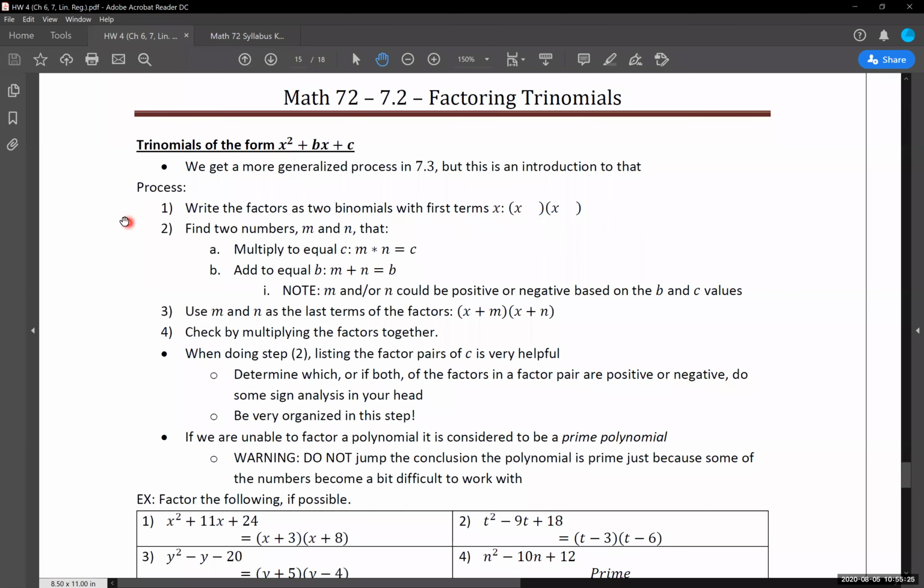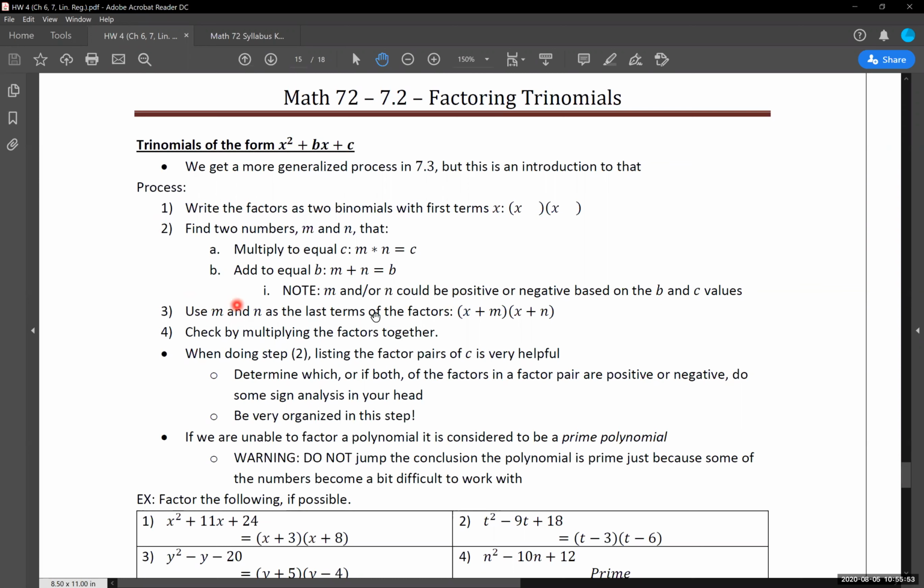So now, this is the next part that kicks in and how we're going to find our answers to these things. We need to find two numbers, m and n, just using that in the general terms, that multiply to equal c, which we have given to us here, and add together to equal b, we have right here. And we'll go through, I think this is the trickiest part with this process, is figuring out what those two numbers are going to be.